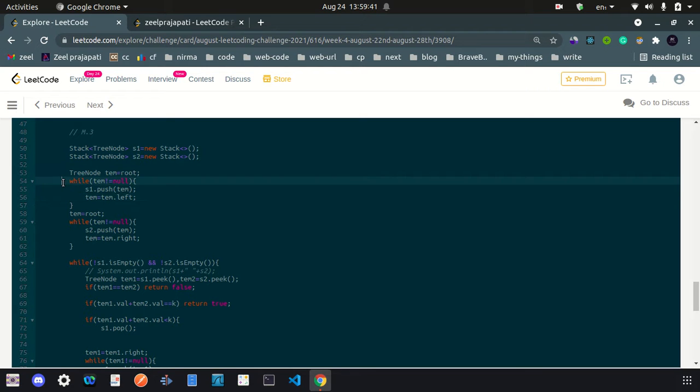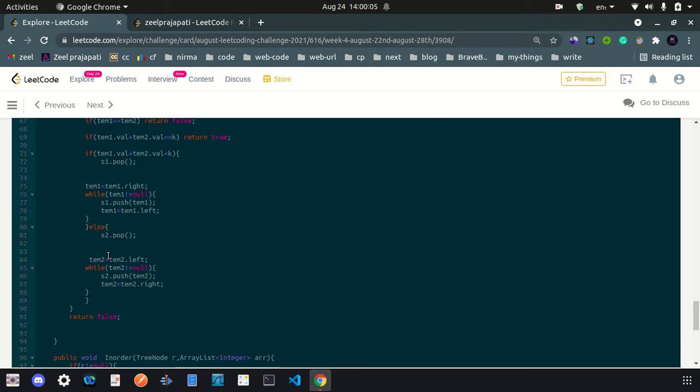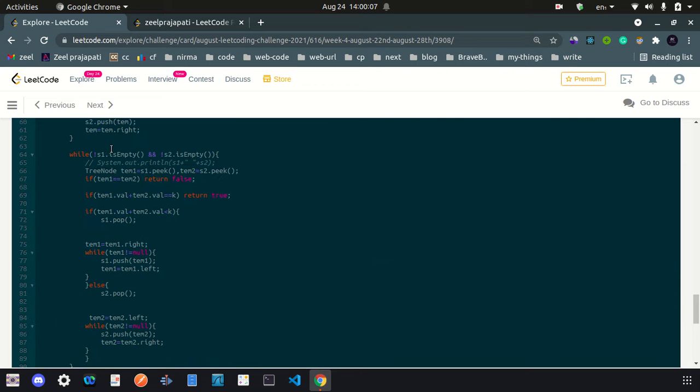First I am trying to reach the leftmost or minimum value, so how can we do it? Temp equals temp.next, and all the nodes I push into the stack. Then we do the same for the right side, and we push all the values in temp.right. If one of them is empty, then our condition by default will be false. And if this is not the case, we go into the loop.